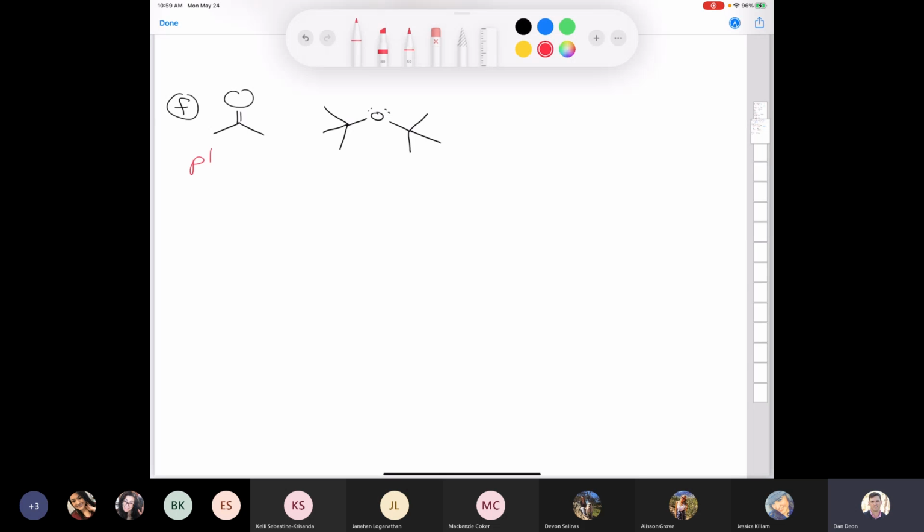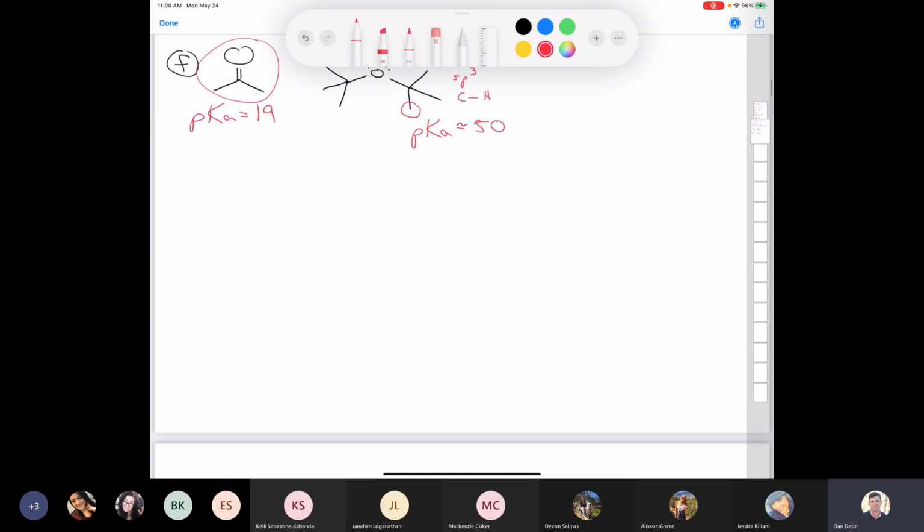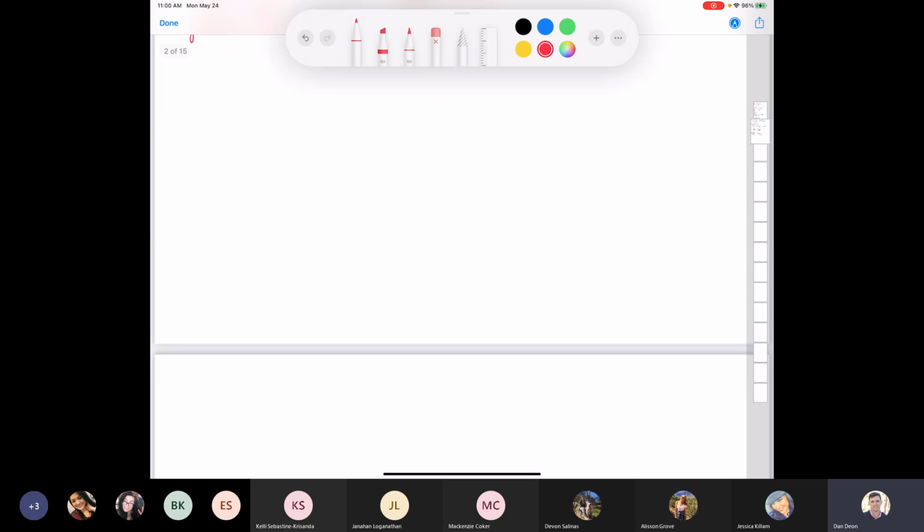You should know that the pKa of a proton on a ketone is 19, whereas all of these are just sp3 carbon-hydrogen bonds. So the pKa of all of these are going to be around 50. Okay, there might be some electron withdrawing effect here, but very little. And so this one is going to be the stronger acid. And there we go. We'll leave the last two for now, and I want to move on to question 3.46,